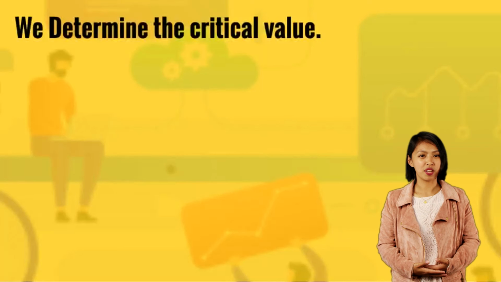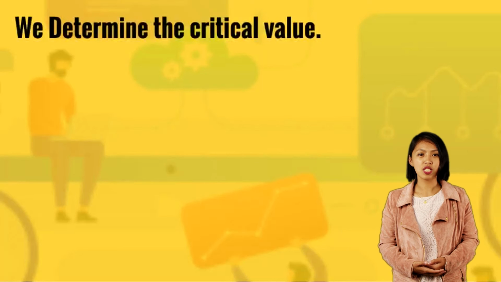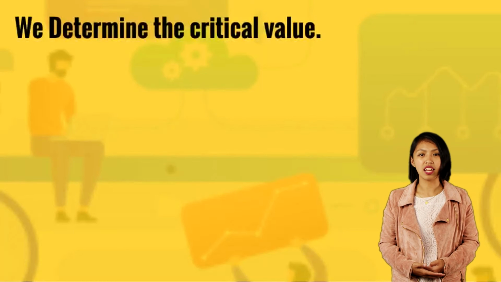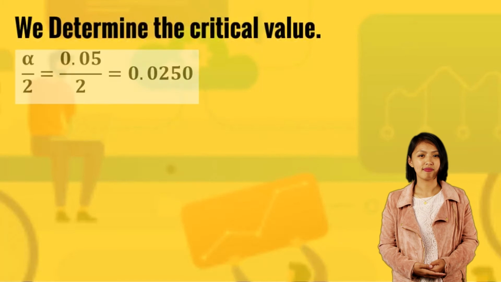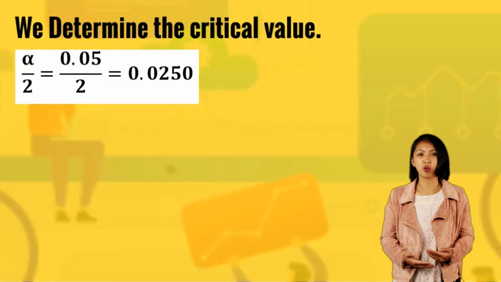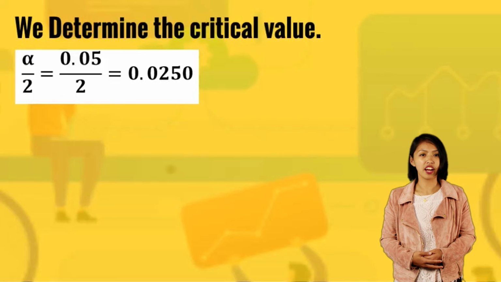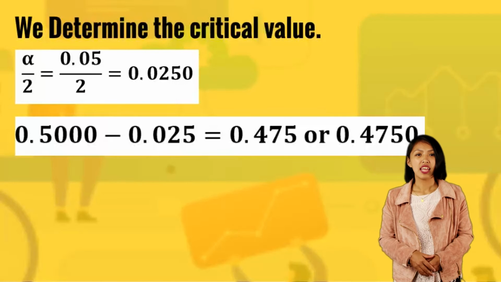The alternative hypothesis is non-directional since population mean is not equal to 150, meaning there will be a difference in the average life of batteries used in the electronic games. Hence, the two-tailed test shall be used. Divide alpha by 2, then subtract the quotient from 0.5, which is half of the total area under the normal curve. Substituting the values, then subtract